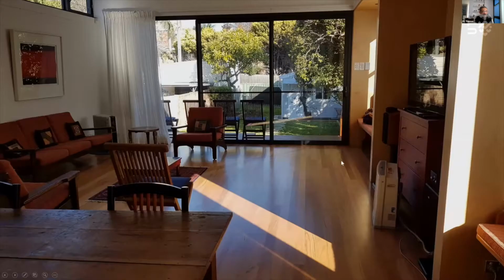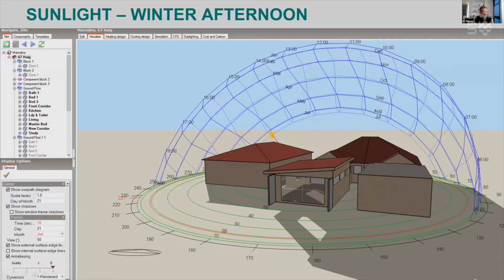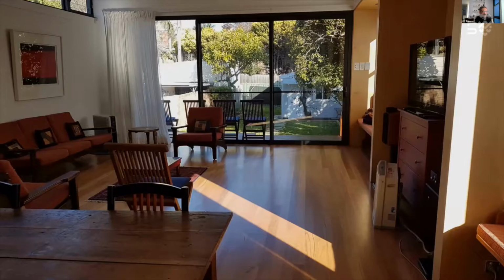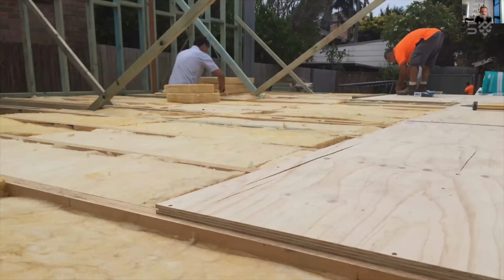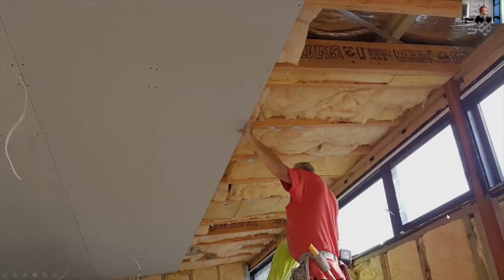So I took an afternoon picture. That patch is a bit smaller than in the model because I've got a curtain across that window, but otherwise it's pretty accurate. Anyway, with that, the decision is, you're going to have trouble in the winter. You don't really have too much solar gain coming in through the windows. So the design decision obviously is to insulate. So insulation on the floor, insulation on the walls, insulation on the roof.